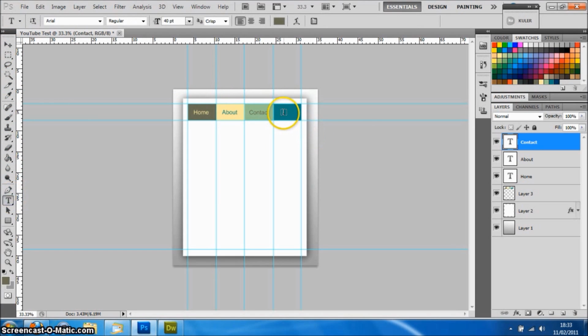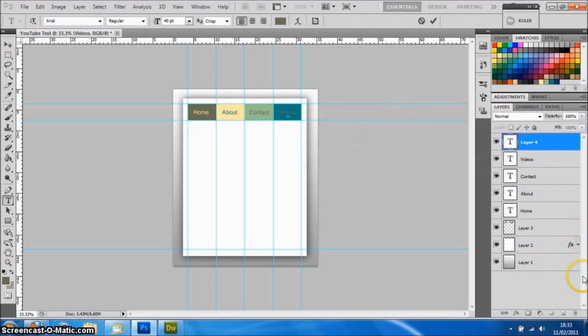And then for the final one I just put how about videos for this example, and centre that, and just use the text tool again to